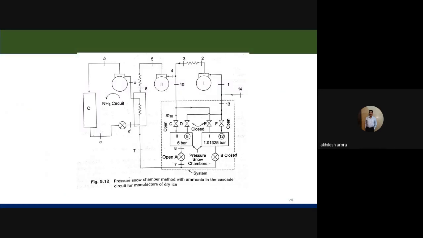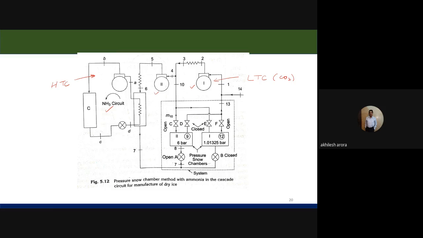So this is the system which we were discussing, and I have told you that there are two circuits in it. There is a high temperature circuit here. This is the low temperature circuit, and in the low temperature circuit we are using CO2, because we have to get the dry ice, and in the high temperature circuit we have the ammonia. The low temperature circuit comprises a compound compression system. As you can see here, there are two compressors. One compressor is here, another compressor is here.